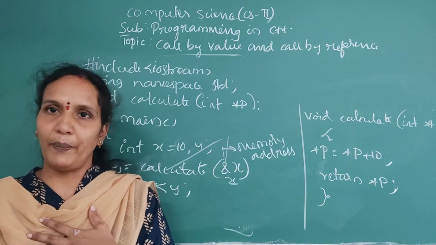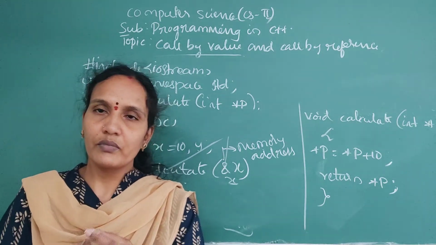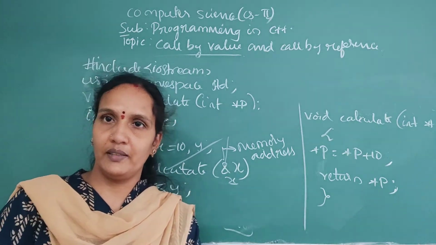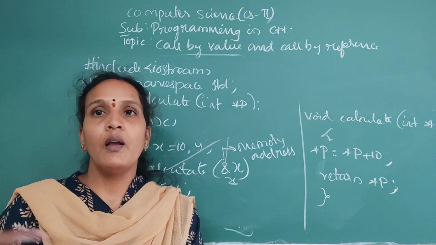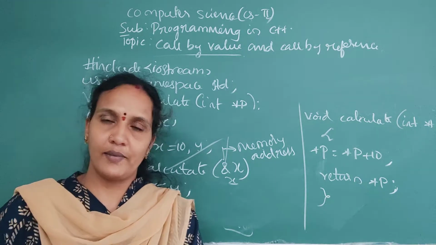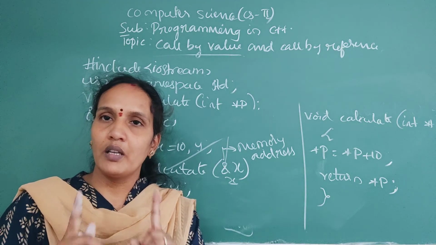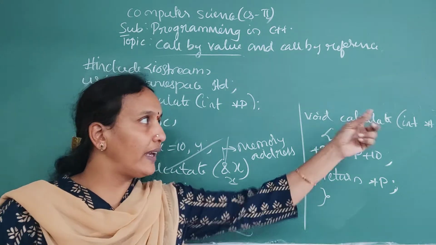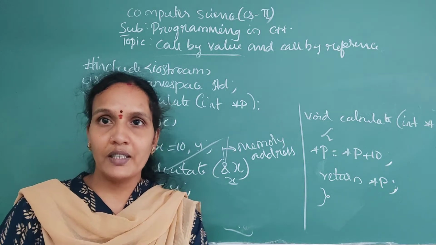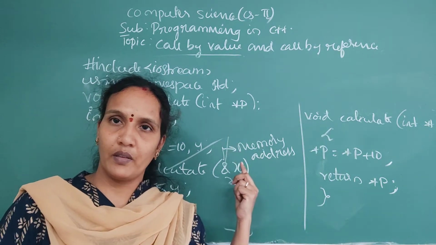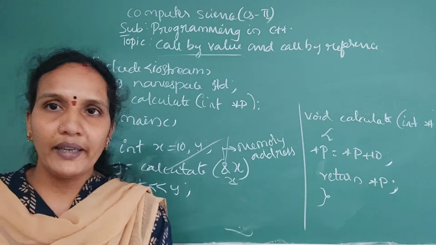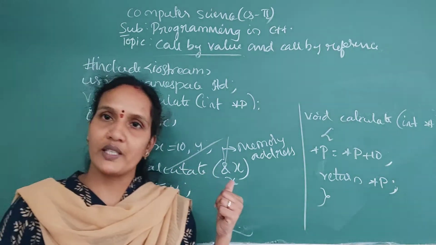If I want a pen and two students are there, and one student is directly giving me a pen, that is a call by value. The other is giving an address of the pen, where the actual pen is, that is the reference. Those are the two things you need to remember. If the user defined function is directly taking the value, that is a call by value. And if the user defined function is taking the address of the variable, not the actual value, that is called a call by reference. You can expect these two questions in short.